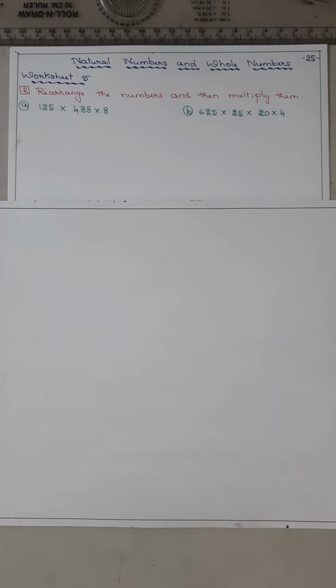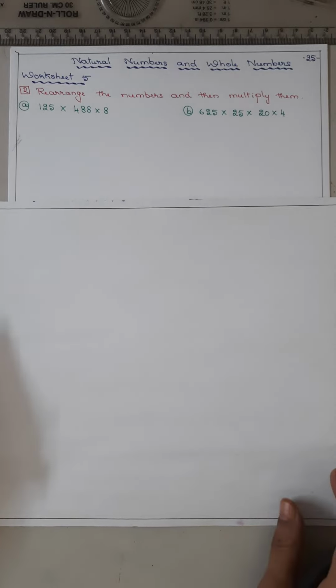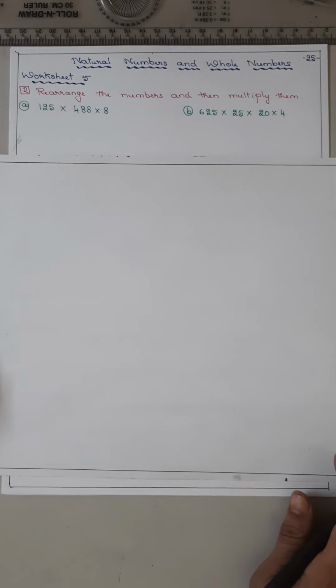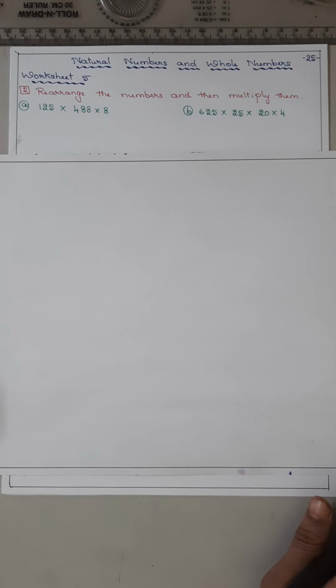Now coming to the second question, rearrange the numbers and then multiply them. Rearrange. Now not only the distributive property, the other properties also we have to remember. Now 125 into 488 into 8. Now in this, remember